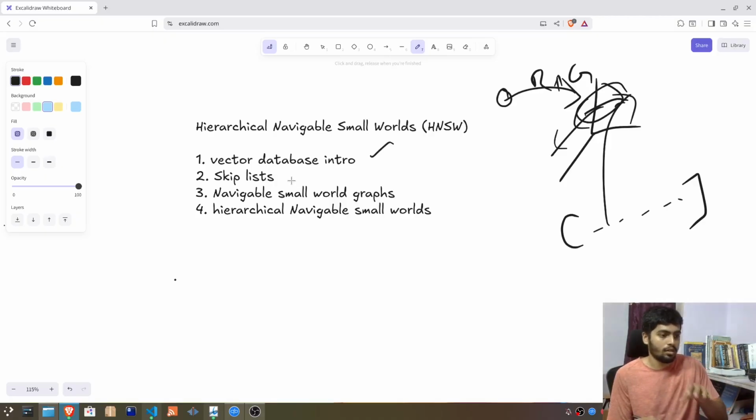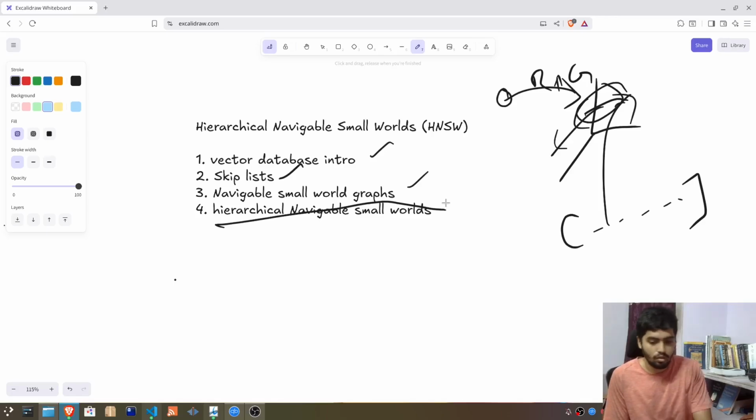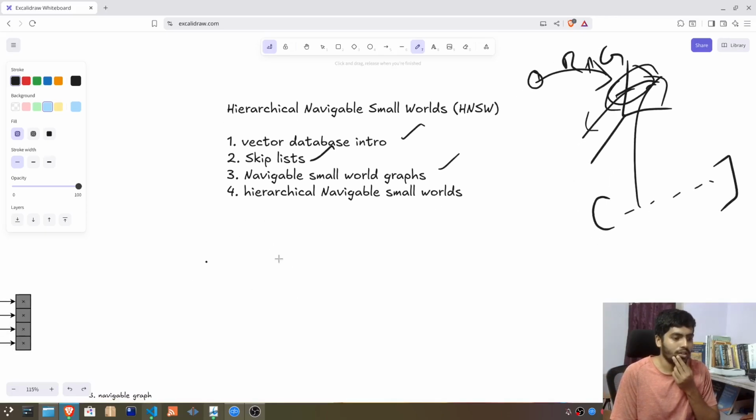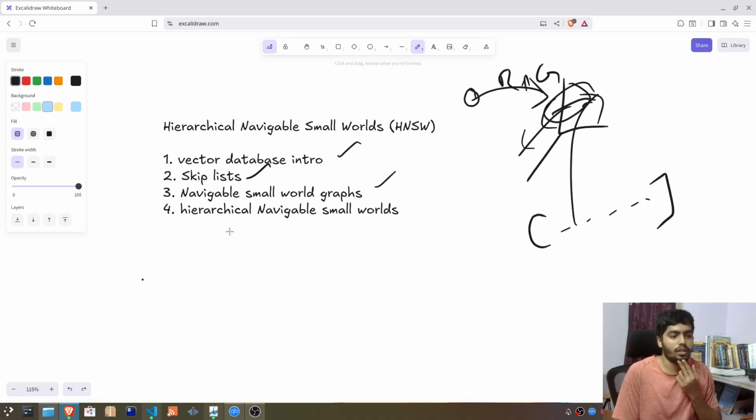Before understanding hierarchical navigable small world, we will split it into smaller pieces, understand the smaller pieces, and eventually combine them together. The smallest pieces are Skiplist, navigable small world graphs, and then we'll have this hierarchical navigable small world graph. So first let's see what vector databases are, and then why